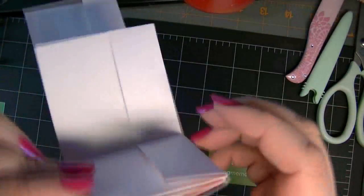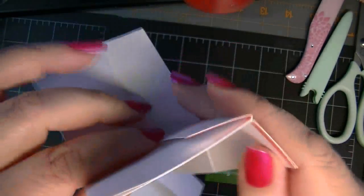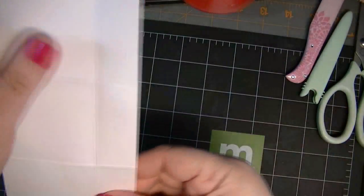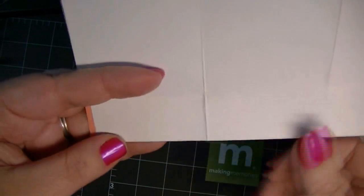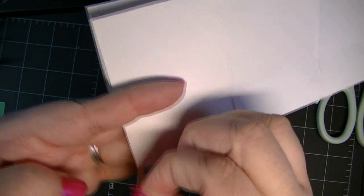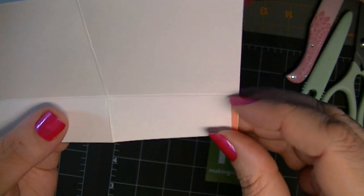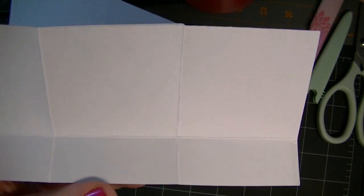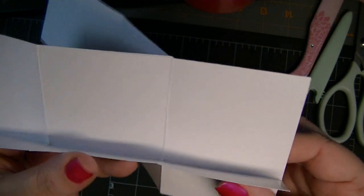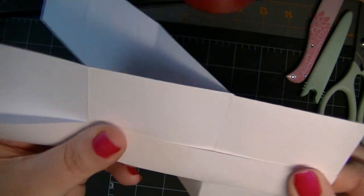So now the center is adhered, and then I'm going to remove the adhesive from the little flaps for the pockets, and then fold those in. If you're using pattern paper, keep in mind that when you fold this, and double-sided pattern paper,